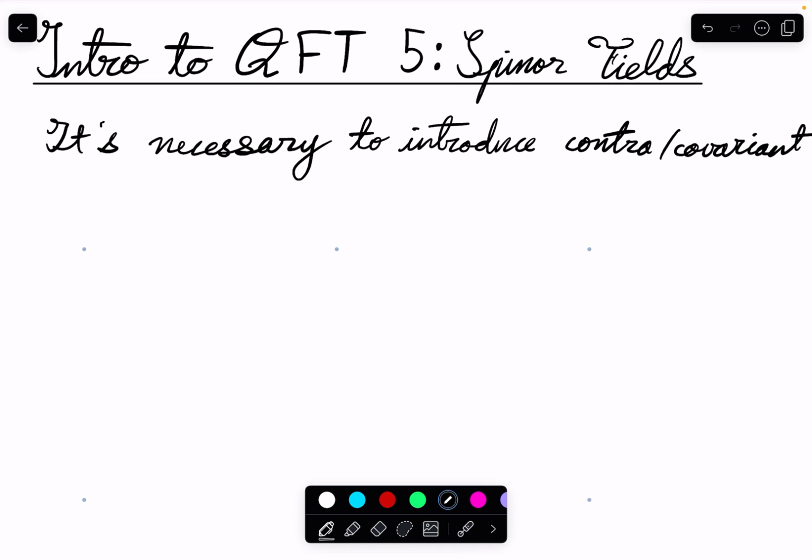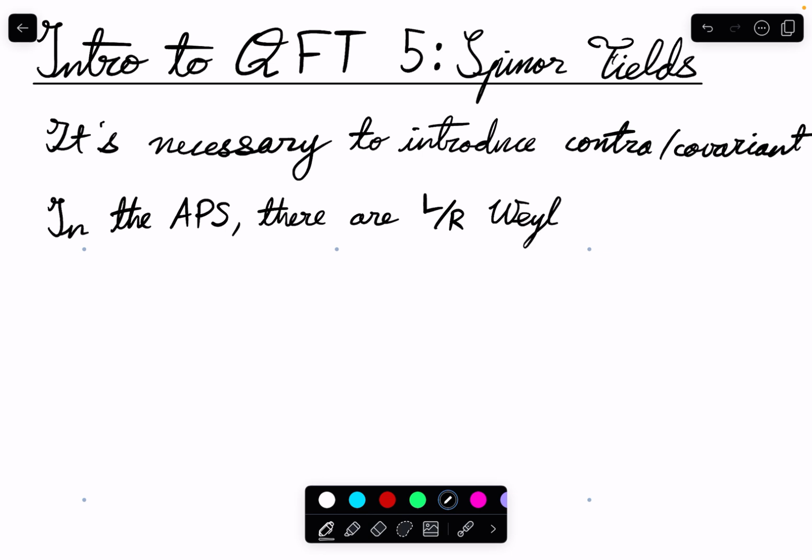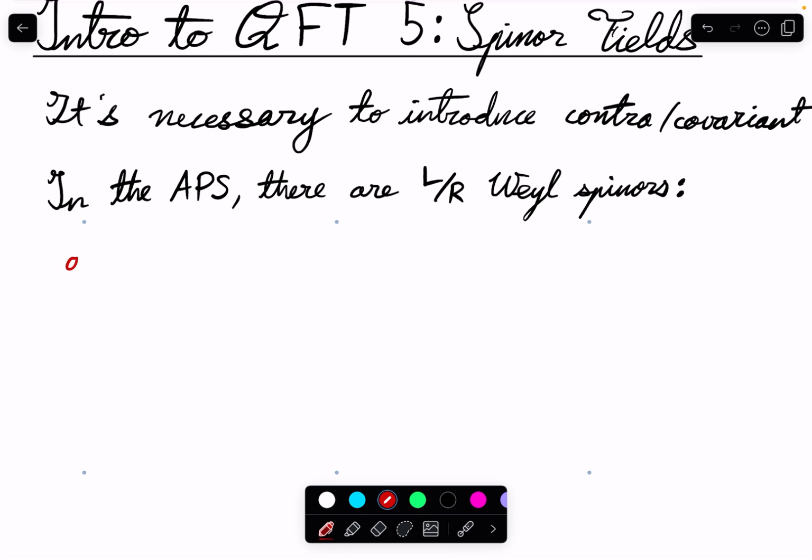First, we're going to look in the algebra of physical space. In the algebra of physical space, there are left-handed and right-handed Weyl spinors. And we're going to consider some of these. So suppose you have two general elements in this algebra, then